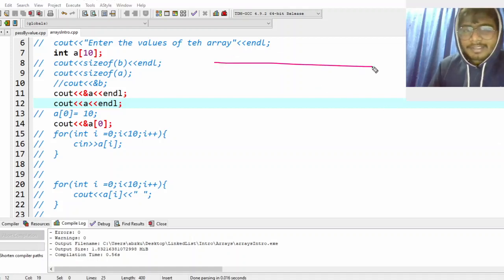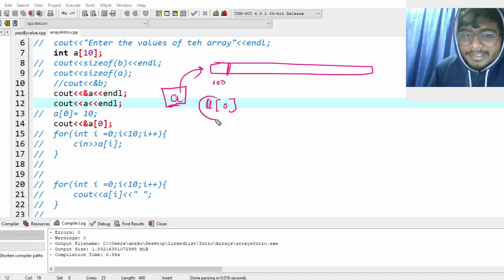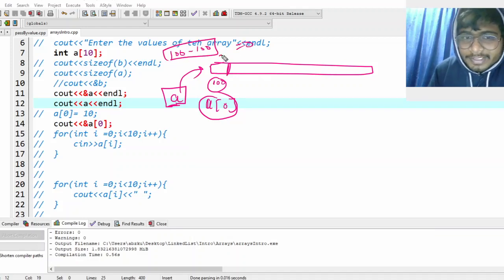Okay, that means what actually happens is, when your array is created, then the address of this is, for example, let's say 100. Okay, 100 is the address of a of 0, obviously. And also this is the address of a. That means from a, what is the distance of a of 0? Obviously, if both of them are 100 and 100, the distance is equal to 0, right? That's why the indexes start from 0, because I'm saying, what is the distance of a of 0 from a? It is 0, right? If I ask you what is the distance of a of 1 from a,